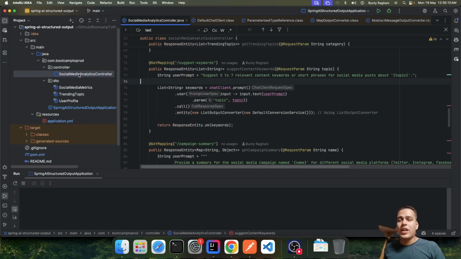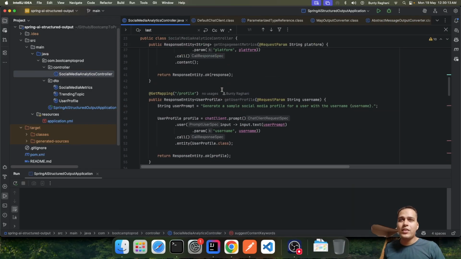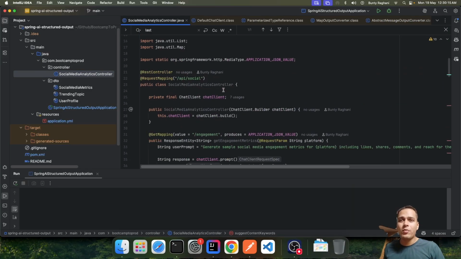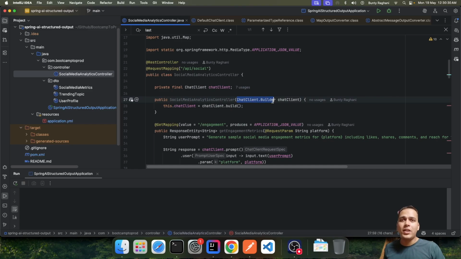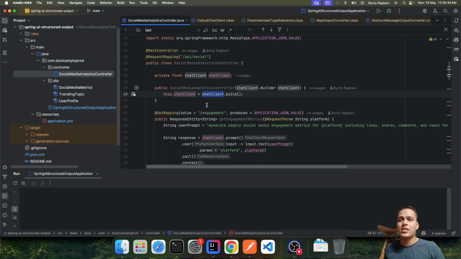Then we have the controller class, wherein we will be creating different endpoints to showcase the output of different converters. But prior to it, let's see the structure of our controller. Here we have defined the base path as API social. Then we are configuring the chat client with the help of the chat client builder. In order to interact with the LLM, a chat client is needed, and in order to create the bean of the chat client, we are making use of the chat client builder. Here you can see chat client build, which will give us the chat client instance,